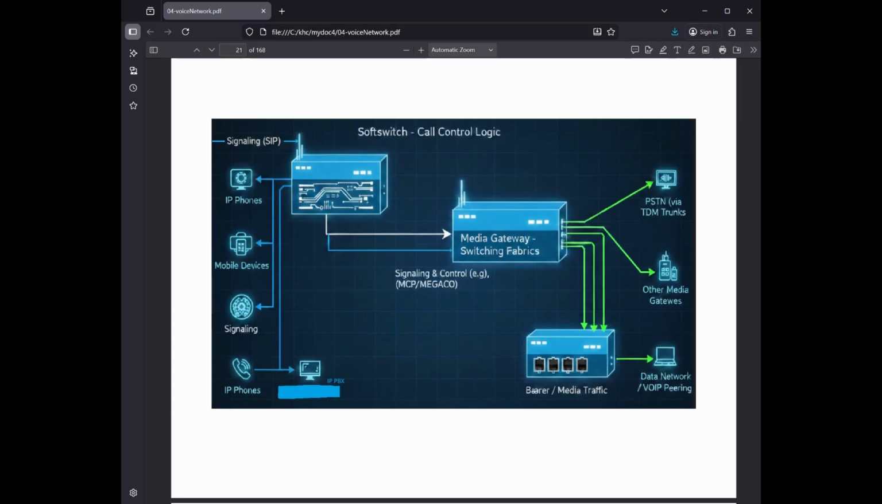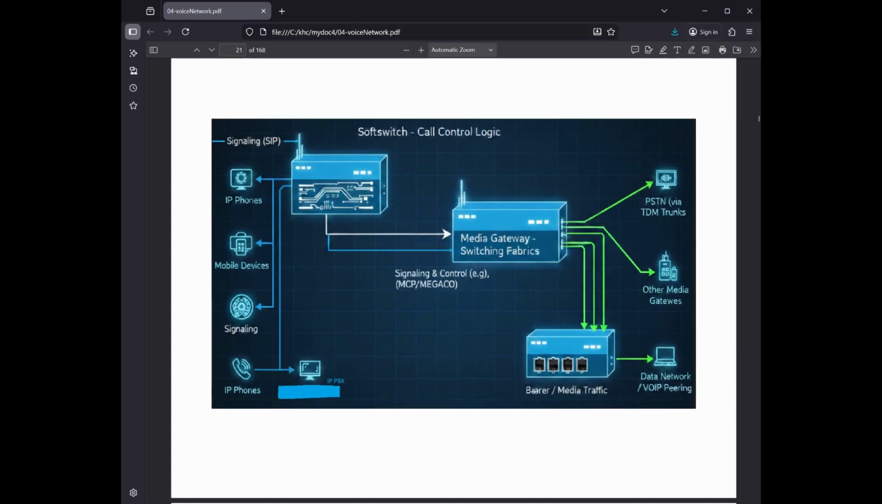Core functions of a soft switch. To understand how it works, it's helpful to look at how it breaks down a phone call into two distinct parts: the control plane, signaling. This is the logic. The soft switch identifies who is calling, where the call needs to go, and whether the caller has the right permissions or balance to make the call. It uses protocols like SIP, Session Initiation Protocol, or H.323. The data plane, media. This is the actual voice. While the soft switch manages the connection, the actual voice data, media, often travels directly between gateways or devices to